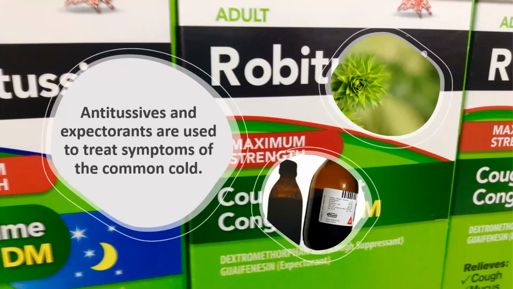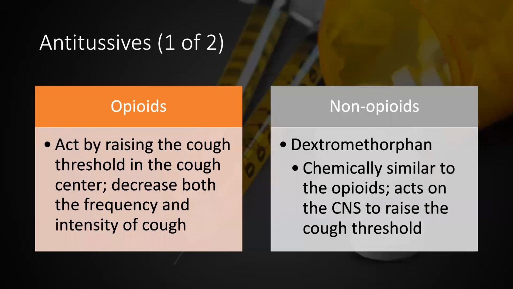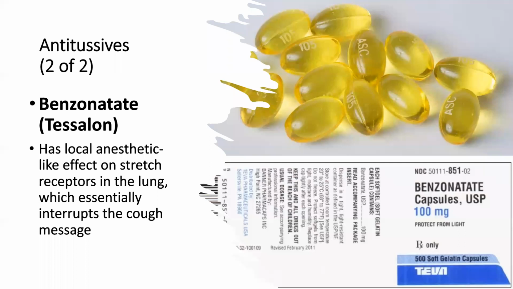We also use some antitussives and expectorants, as we see in the chart. They're used to treat the symptoms of the common cold as well. Antitussives can be categorized into opioids, which act by raising the cough threshold in the cough center. They decrease both the frequency and intensity of the cough. Non-opioids like dextromethorphan are chemically similar to the opioids and act on the CNS to raise the cough threshold. We use benzonatate, Tessalon. It comes in capsules. They look like this. It has a local anesthetic-like effect on the stretch receptors in the lungs, which essentially interrupts